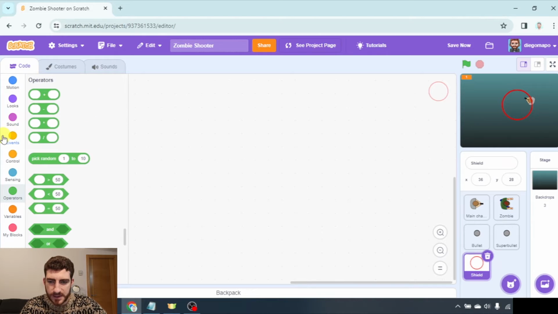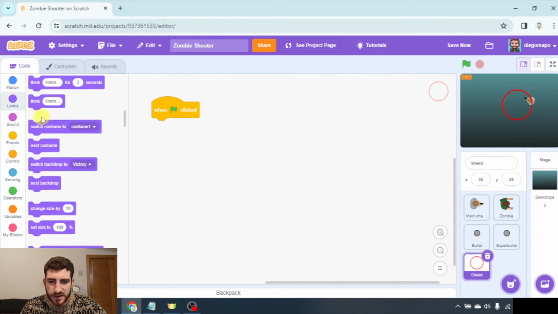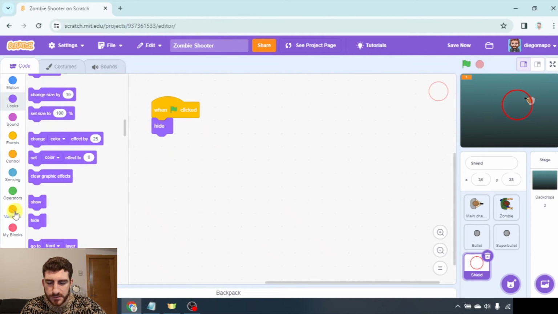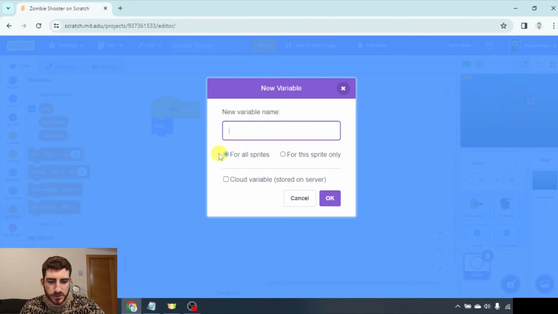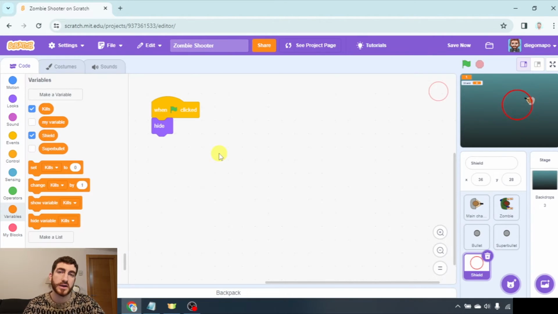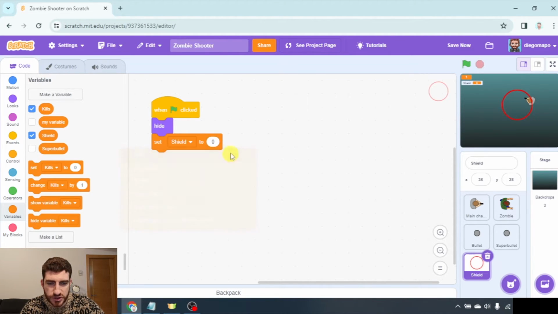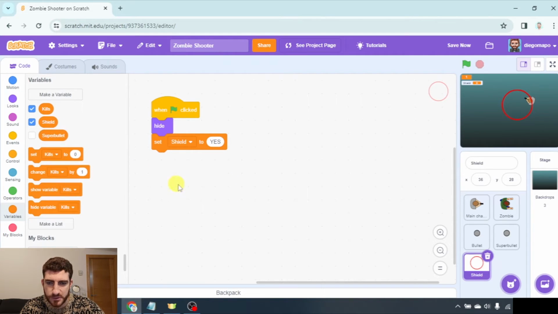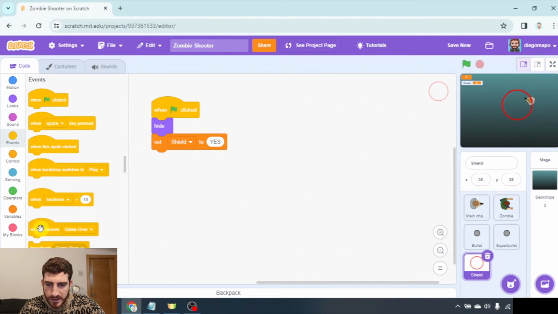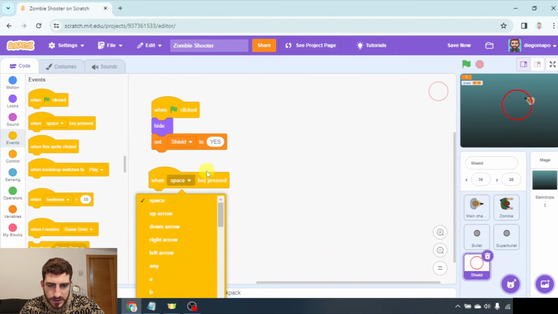And let's code it. Again, when green flag clicked, we're not going to see it, and we're gonna make a variable called shield so that we can use it only once, okay? So we're gonna set shield to yes. I'm gonna delete this my variable because that's completely unnecessary. And when 2 key pressed,